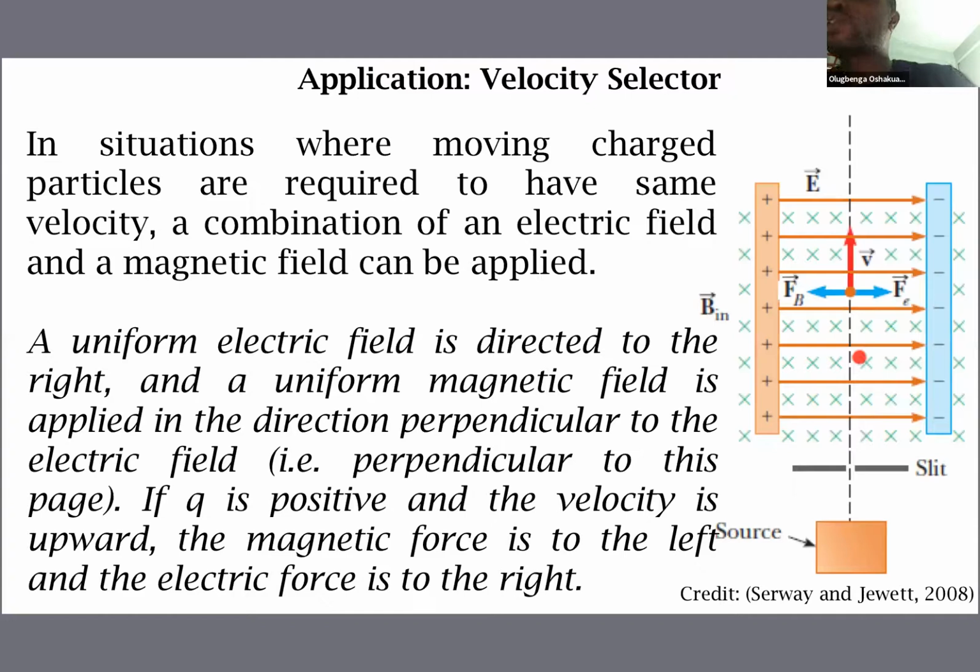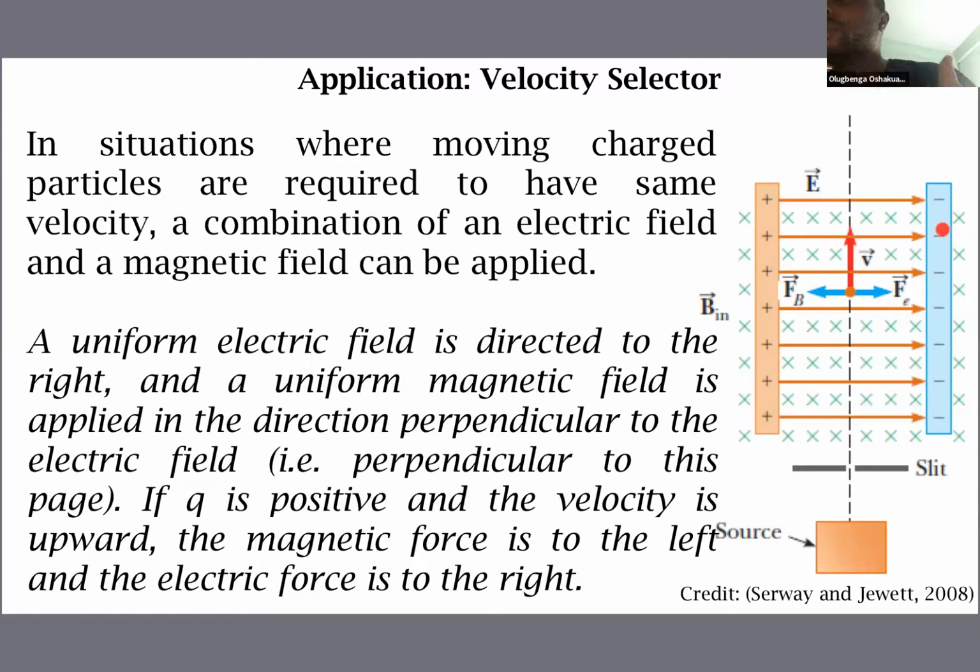If it is traveling slower than expected, then the magnetic force that it will experience will be smaller than the previous scenarios we've had. So since it is going to have a smaller magnetic force, that means that the electric force will exceed the magnetic force, and it will make the charged particle curve and crash into this right plate, because it is traveling sluggishly than expected,